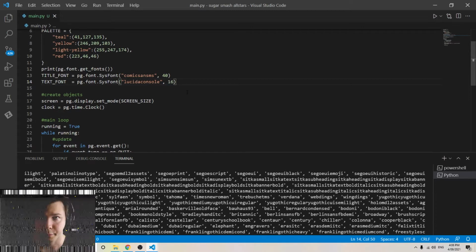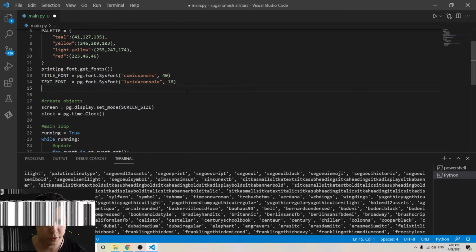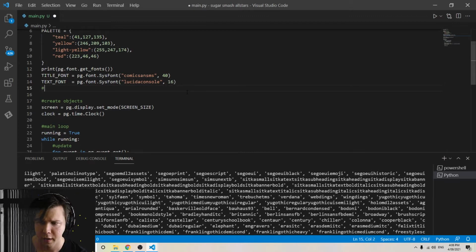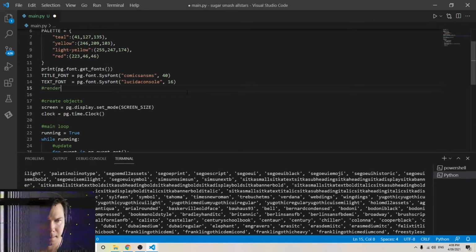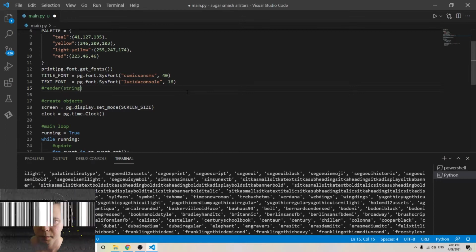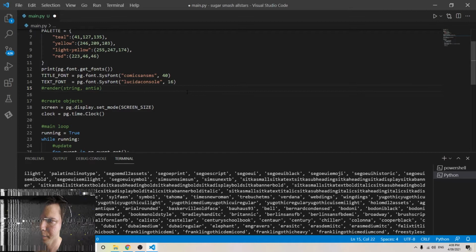So let's say that we have the title. The title is created once and it never changes. So we can actually create that as an object. Now, the way this works is we call render, pass in a string of the text that we want. The next